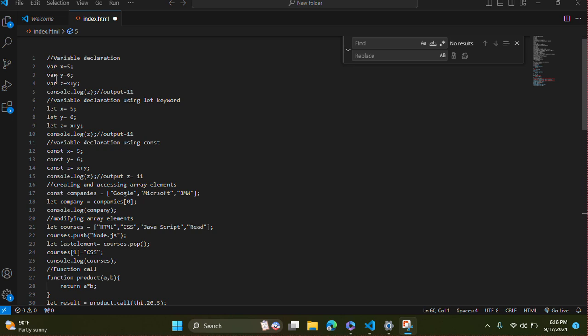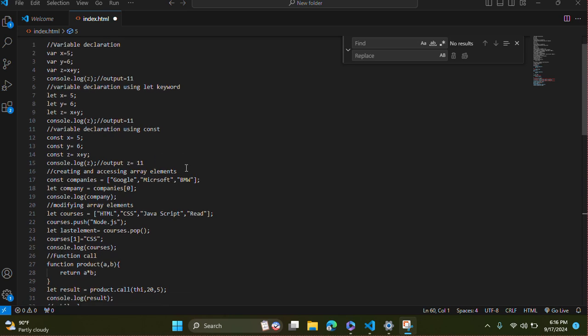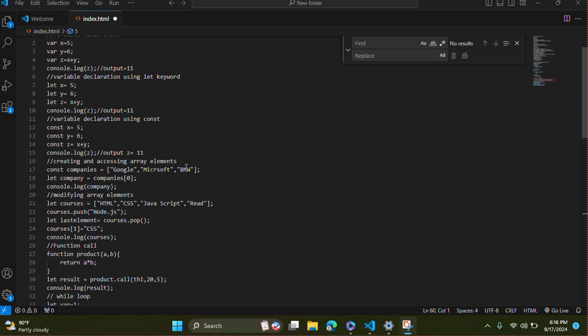Here we have written variable declarations using three different keywords: var, let, and const. But in these three cases, the output is the same. So we can use any of them for basic operations. We should use var, let, and const keywords whenever we declare variables,